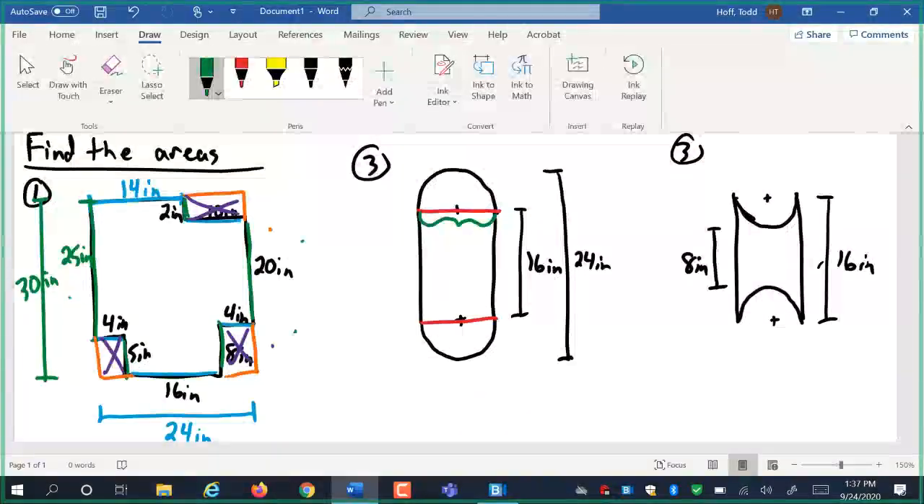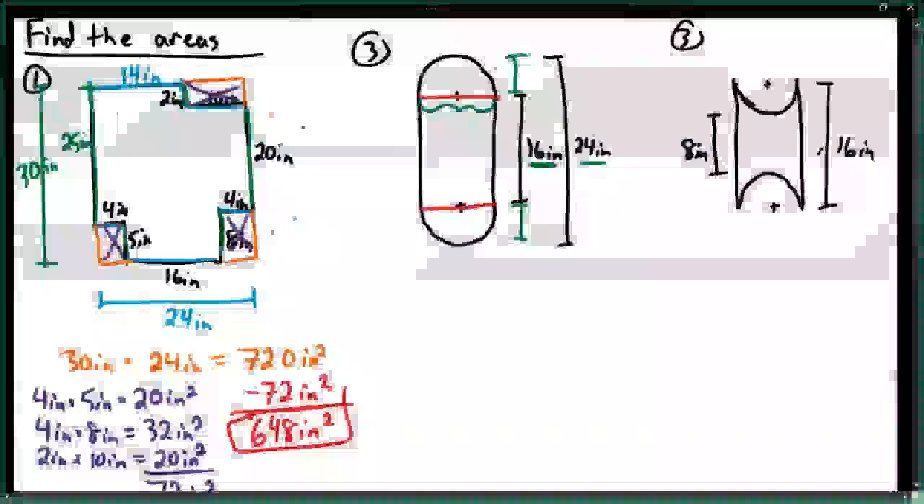To find that, we're going to find these distances. Those half circles are on the ends of the same rectangle. They have to have the same radius, which means the difference between the 16 inches and the 24 inches has to be split evenly. Well, the difference between,